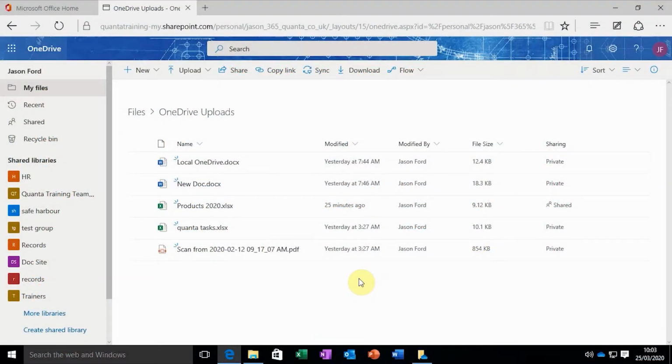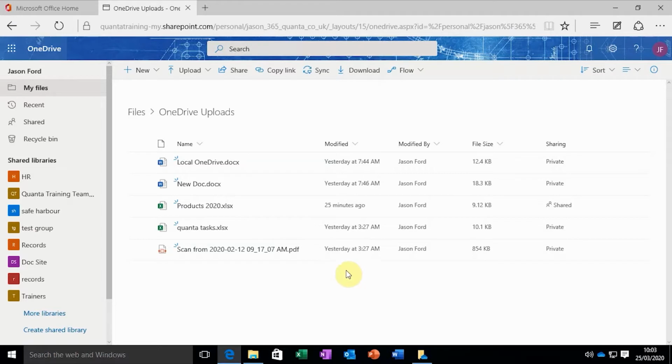Welcome to our final video taking us through collaboration using OneDrive specifically, so the final video in this series. And what we're focusing on here is simultaneous editing and collaboration on documents in real time, which is some of the more interesting and really kind of mind-blowing functionality that we've got within Office 365. Storing our documents online is fine, but being able to work on them with other people in real time, absolutely